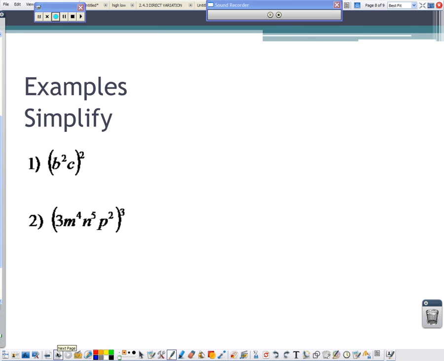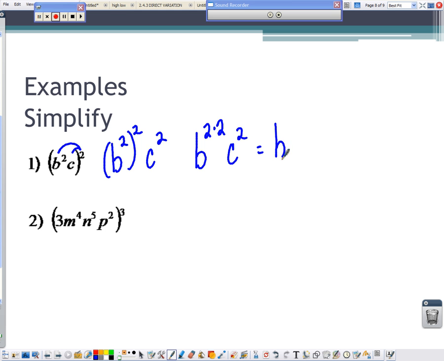All right, so let's go ahead and do a couple of examples where we would simplify. Whenever we're raising, we're going to distribute that power. So it ends up being b squared squared and c squared. Well, remember, we raise a power to a power, we have to multiply those. So it ends up being b times 2 and c squared. So our final answer would be b to the 4th